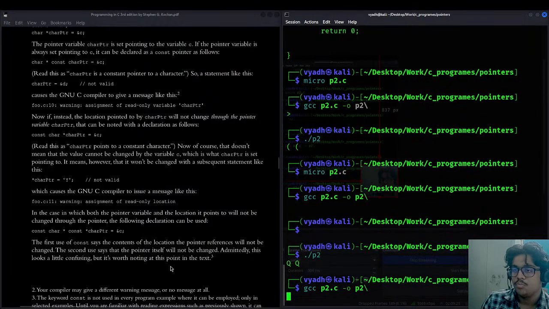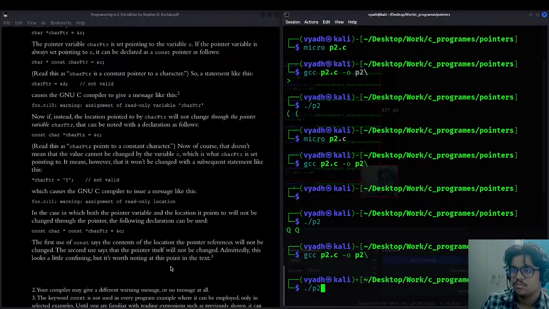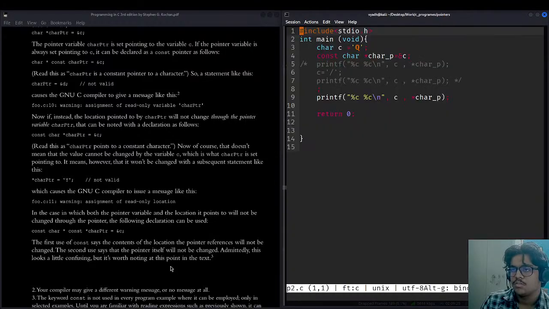But if I want to print the parentheses, what can I do in that case? We have done it like this, char p, and set it as this or this.